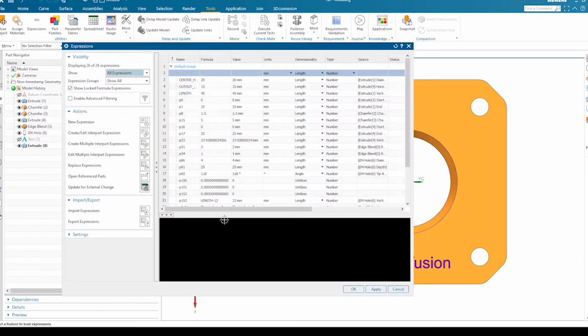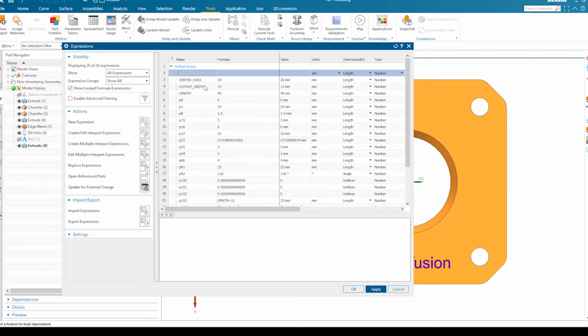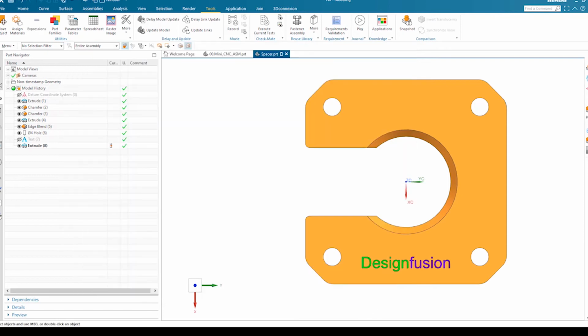You can again check in expression. In cutout width, the lock sign is gone, so that means your expression is unlocked. This is how you can use a parametric table in your part.